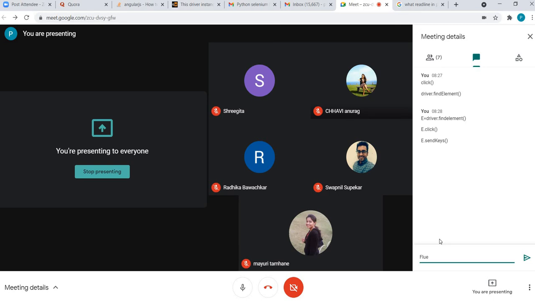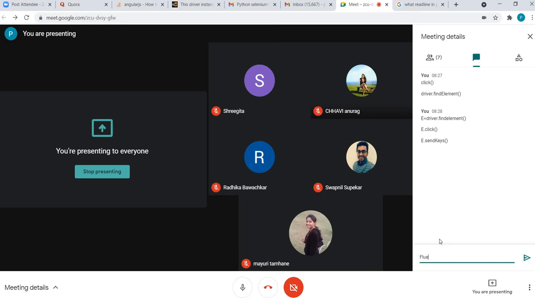So he asked me to give one scenario where you will use implicit wait, one scenario where you will use explicit wait, and one more where you will use fluent wait. Scenarios, not definitions. Okay. So I gave him the scenario for implicit wait, explicit wait and fluent wait also. But then he asked what is the exact difference between fluent wait and explicit wait?